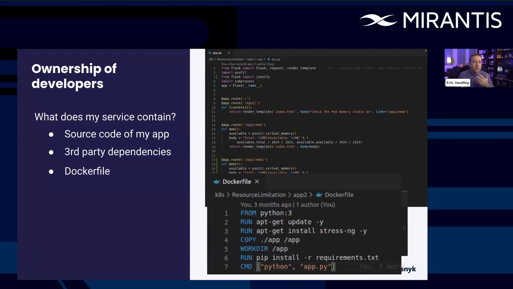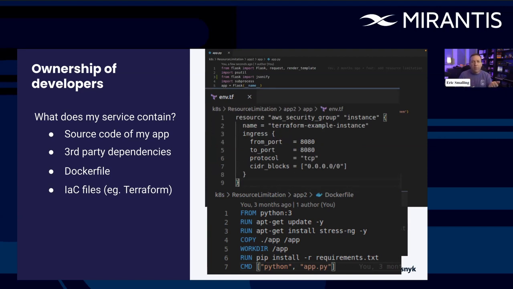We have operating system level concerns. If you look at this little snippet example, we've got a Python 3 base image. That's what that FROM line means, right? Well, what build of Python 3? What distribution is that based on? All sorts of questions start to come up. What is this stress-ng apt package that we're installing, and what comes along for the ride with it? Other dependencies it has, and so forth. Things like that start to really get outside of our area of expertise.